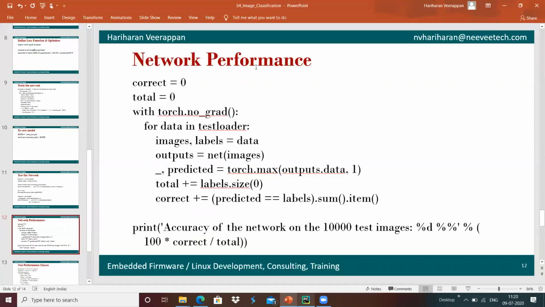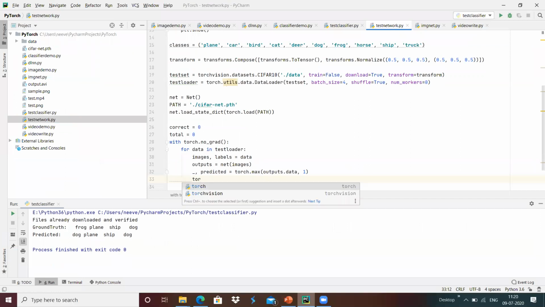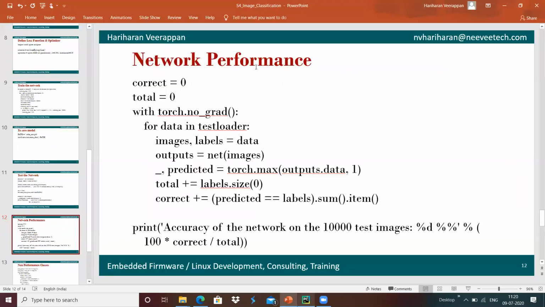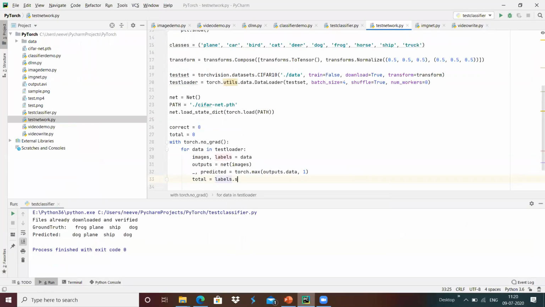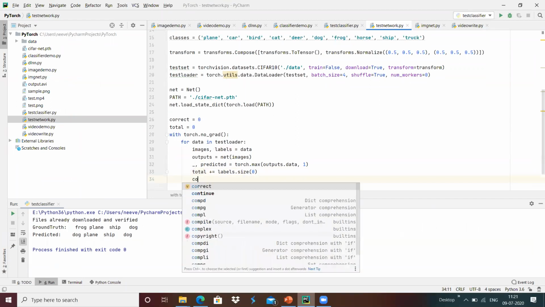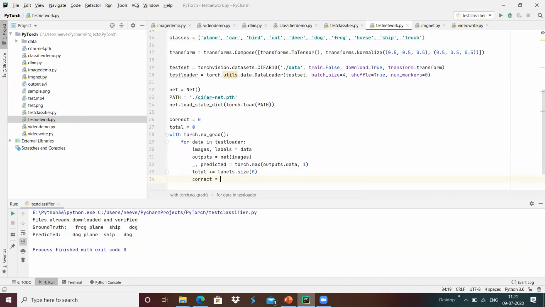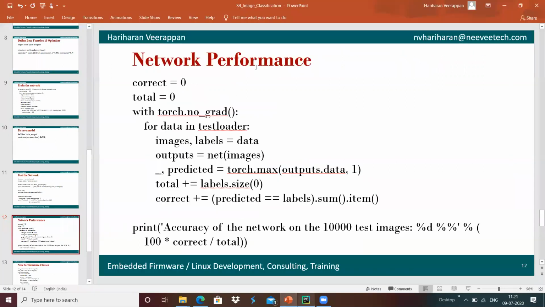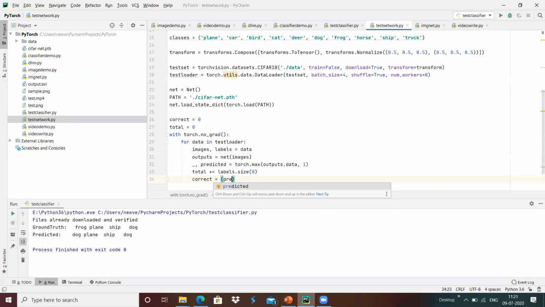And then total plus equals labels dot size of 0, which I add to the total, and for the correct count, I'm going to check the predicted against the labels: predicted equals labels, then dot sum, dot item.